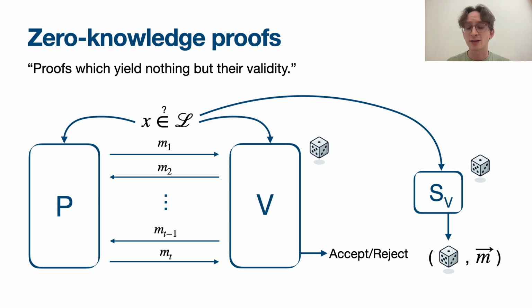So what does the verifier see? Well, in this case, it sees all the messages in the protocol, so M1 through MT, and it also has its internal randomness. So the simulator needs to output something that's distributed very closely to M1 through MT and the randomness. And if the simulator's output is distributed identically to the messages and the randomness,